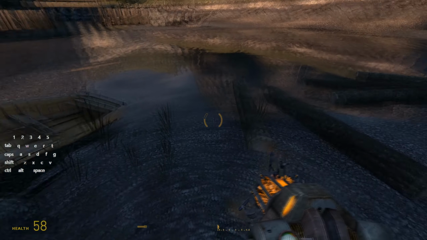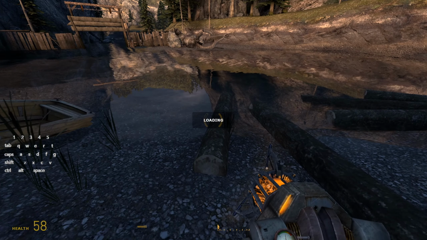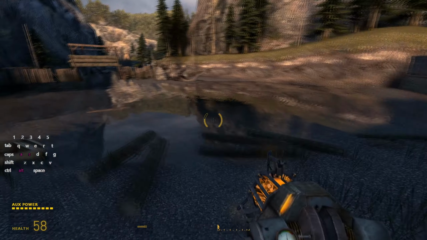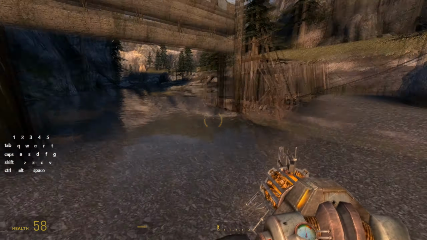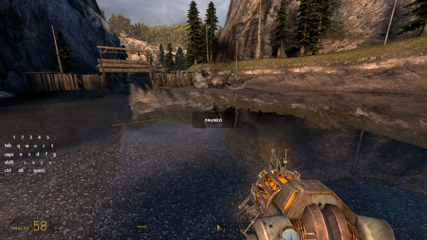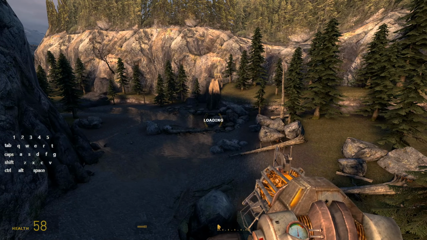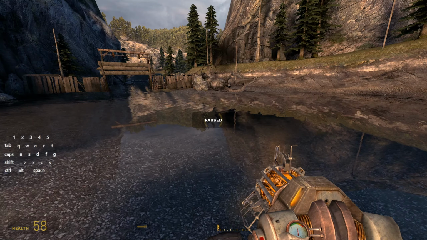So try to aim between this, what is called a boat, and this log. So, and after this, what I like to do is just 4 AHSs, and basically after that I'm doing a plus strafe into these rocks. And